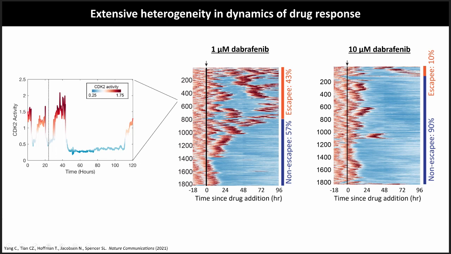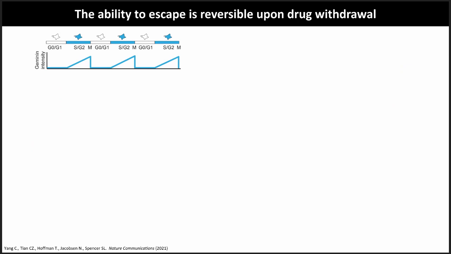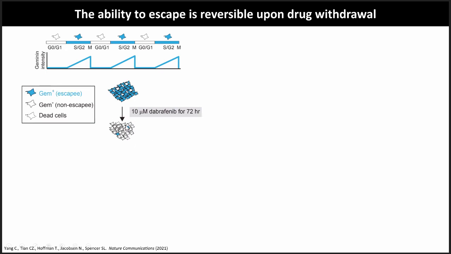We also wanted to test whether perhaps any of these cells had any pre-existing genetic resistance or epigenetic resistance mutations. To test that, we use this Fuji sensor, which in this case, the cells will light up blue when they're in the cell cycle and not blue when they're out of the cell cycle. We start off with primarily cycling untreated cells, and then we treat the cells with dabrafenib for 3 days. And most cells go into quiescence, but a few blue ones are still cycling.